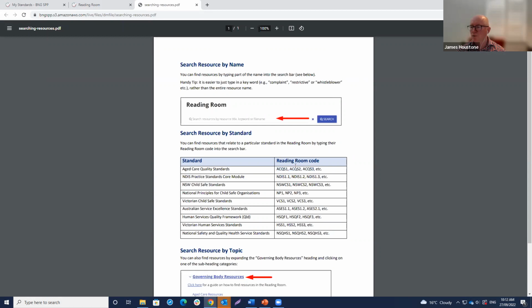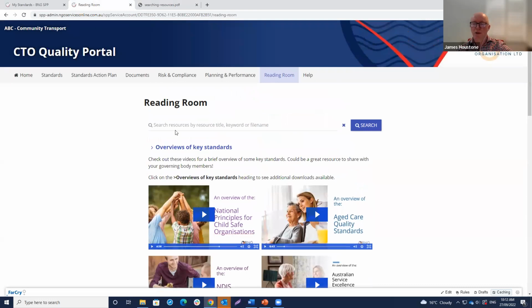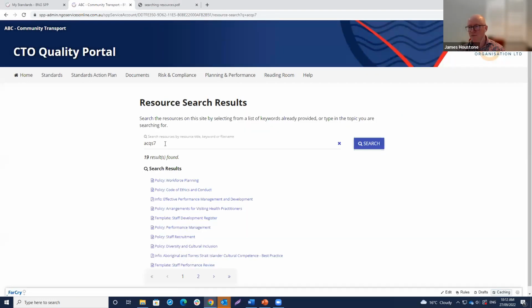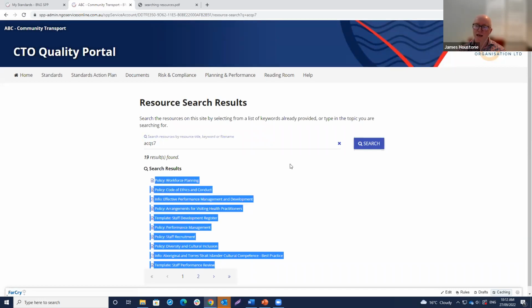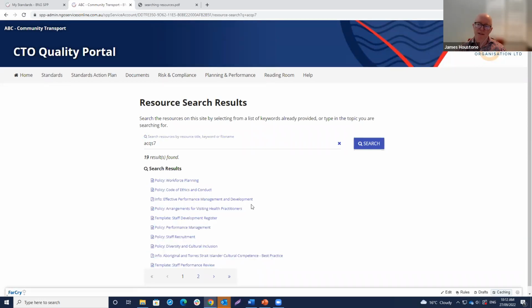For example, the reading room code for aged care related resources is ACQS1, ACQS2, and so on. So if we come back to the reading room and we're looking for something under ACQS7, which is the HR standard, we type that code into the search bar, and any resources we've tagged as relevant to standard 7 will pop up here.